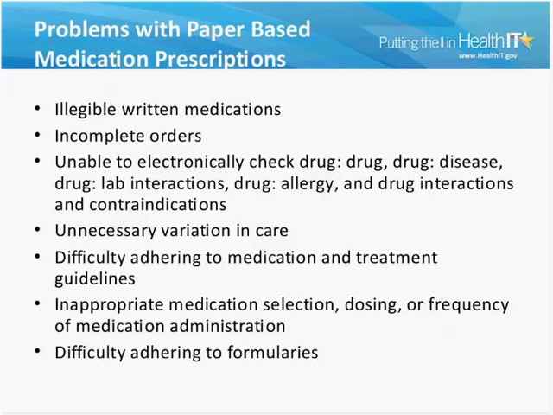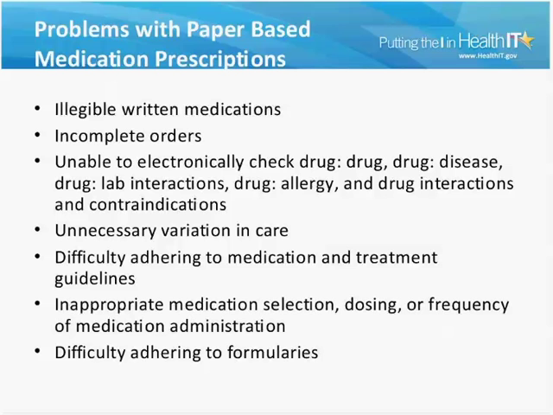When you consider the need to go to CPOE, we need to first address what the problems are with paper-based medication systems and order entry. Some of those issues include illegible written medications, which may be the physician handwriting. For instance, BID versus TID versus QID could be twice, 2, 3, or 4 times a day, which is doubling the dose. You can have inaccurate or incomplete medication orders, which could be missing doses scheduled. You could have no route indicated. You could have the wrong route interpretation, such as IV versus IM, which is intravenous versus intramuscular, which is a